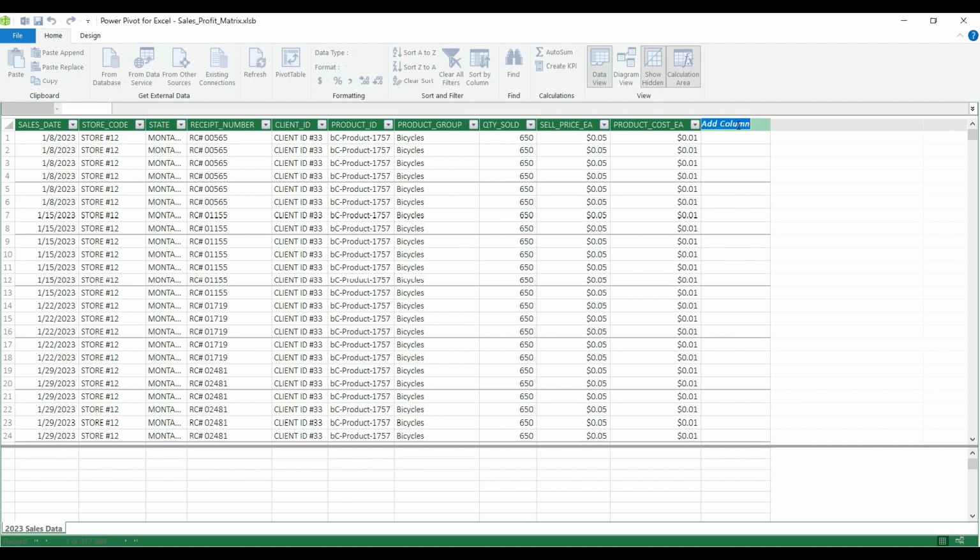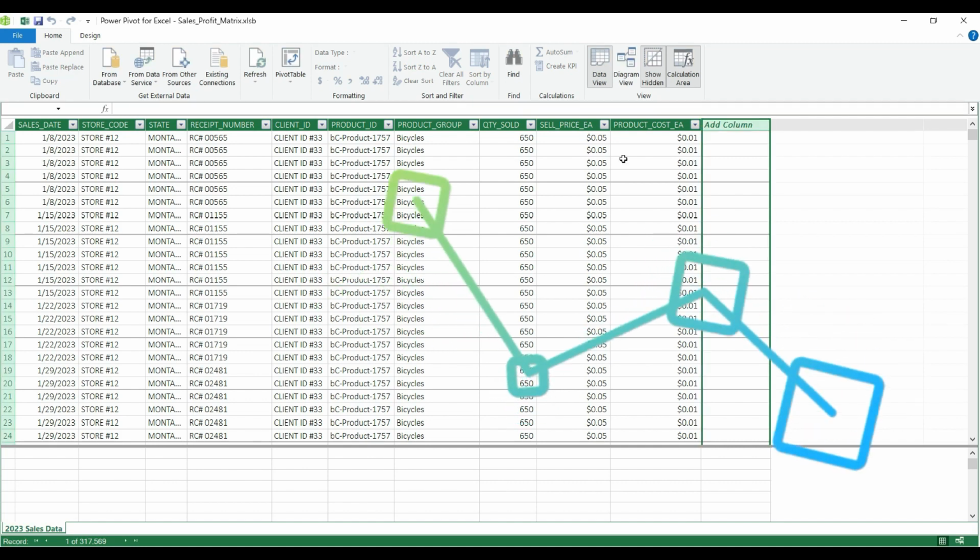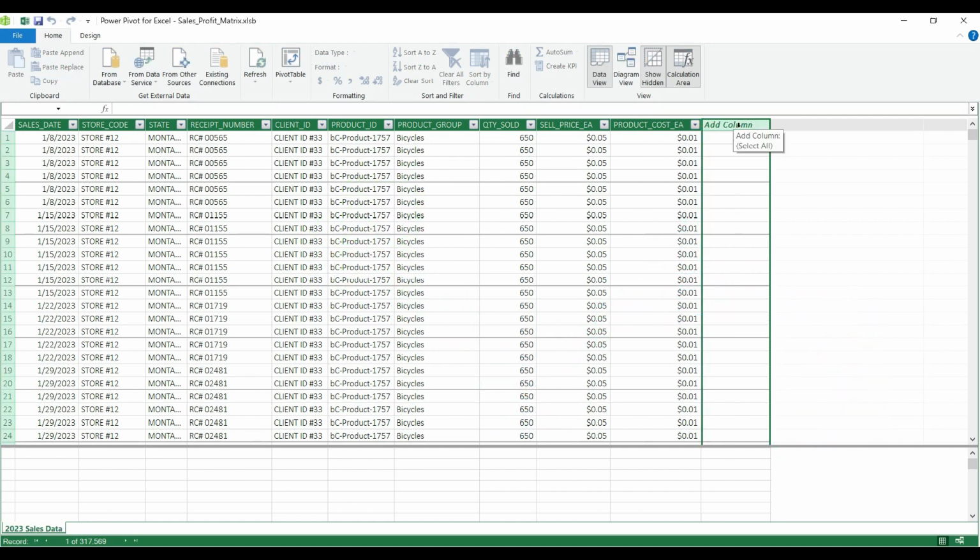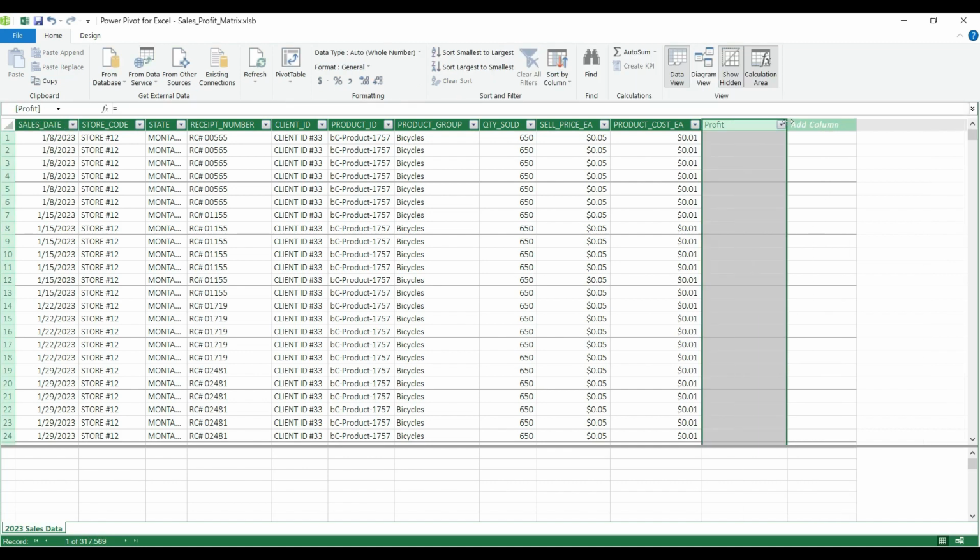The best technique I like to use is to group the values. But before I do that, I need to calculate the profit for each sales item, right? So I need to add a calculated column. I'm going to double click on the column and enter Profit there. Once the blank calculated column is created, I can select the formula bar and enter my DAX. This is going to be very simple math, and it will look like this.